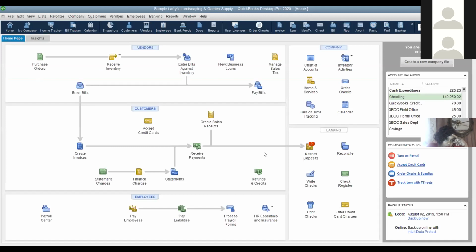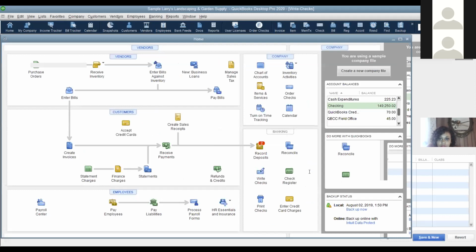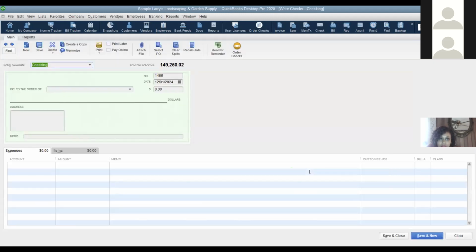So now that we've turned class tracking on and we've set up our classes, we need to start assigning transactions to our classes that we want to use our loan funds for. So as you write checks, as you enter credit card charges, and if you're doing this through your bank feeds, you're going to be using those classes. So let me show you how to do that. So let's say we're going to write a check. So I'm going to go to Write Checks. And let's say I'm going to write a check